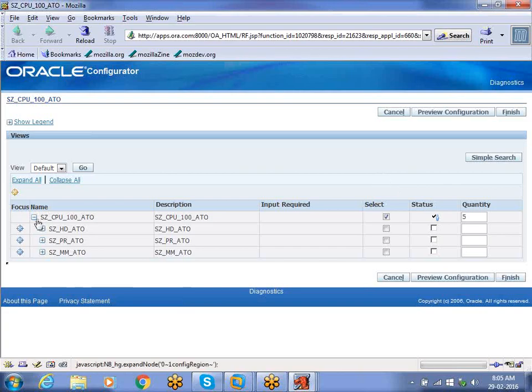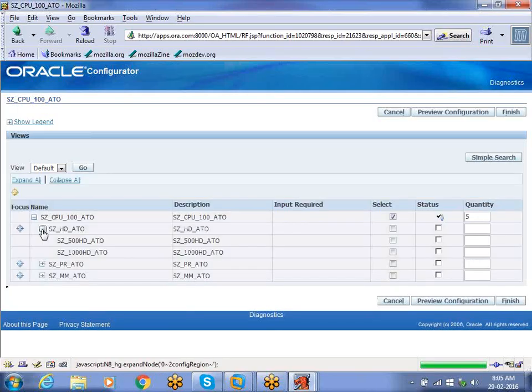See what happened here. Under this, totally how many options are there? ATO, processor, memory. So now the customer will select this one. Under this, how many options are there? 500, 1000, just as an example. In real time we will have a number of levels here and a number of options. Just the customer required 500